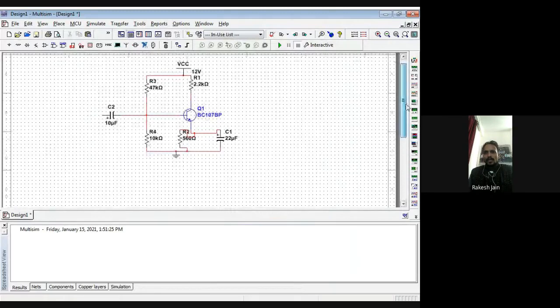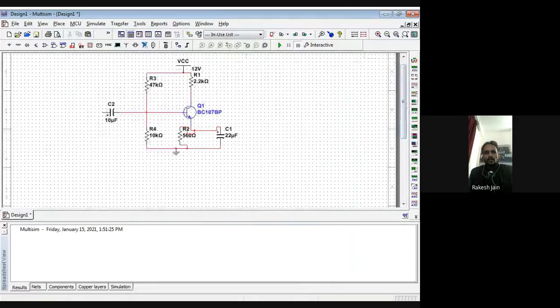Now we require an RC network here, so just go to R and C. For R, we select 6.8 kilo ohm, as we designed, and for the capacitor C, we select 0.01 microfarad.